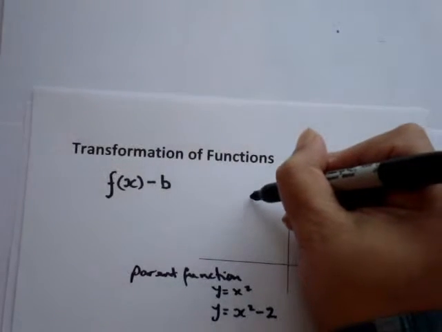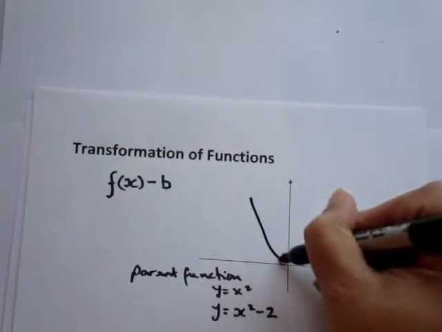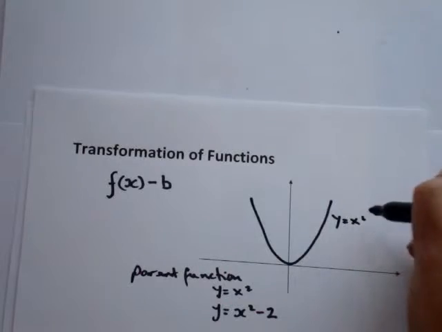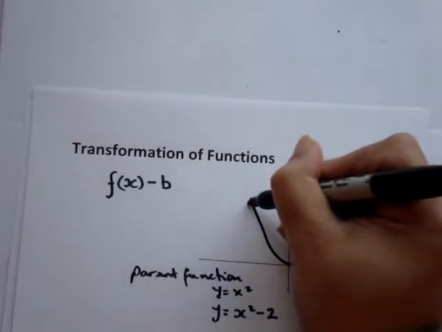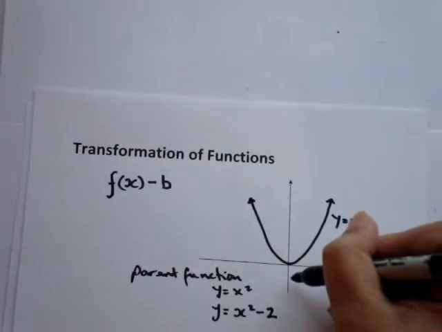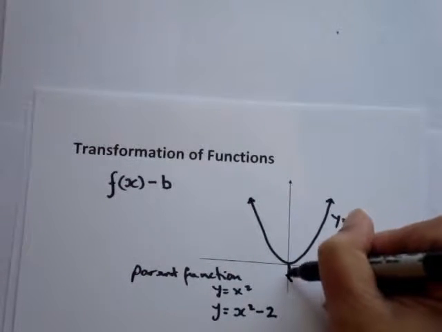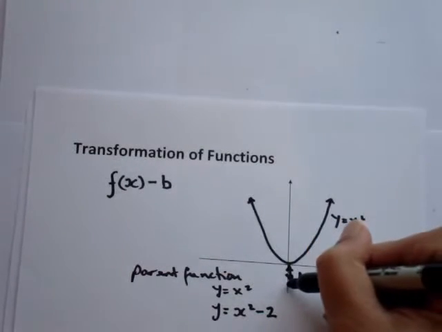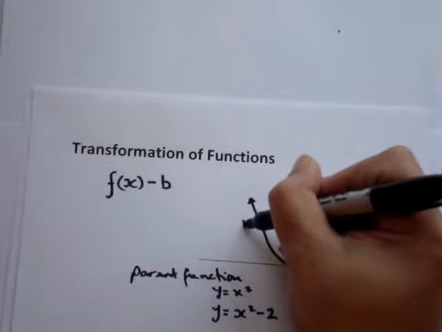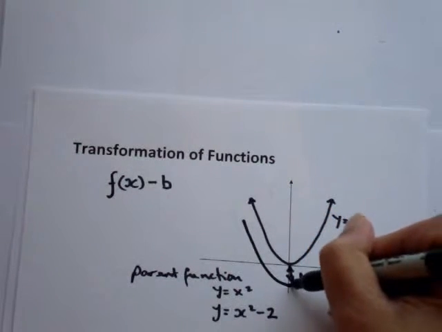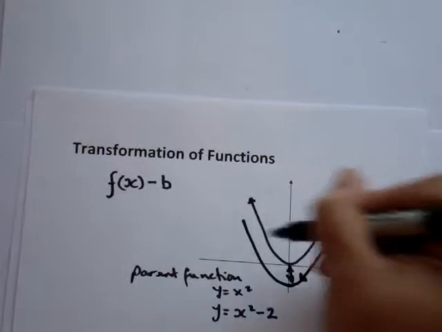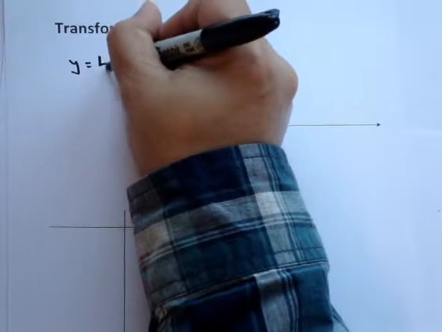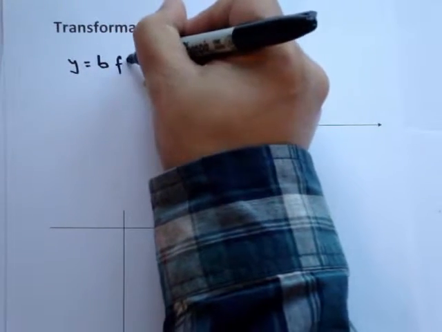Looking at our graph, we have again y equals x squared, and all our points are going to be moved down by b units. So our new graph will come down b units and back up. y equals b f of